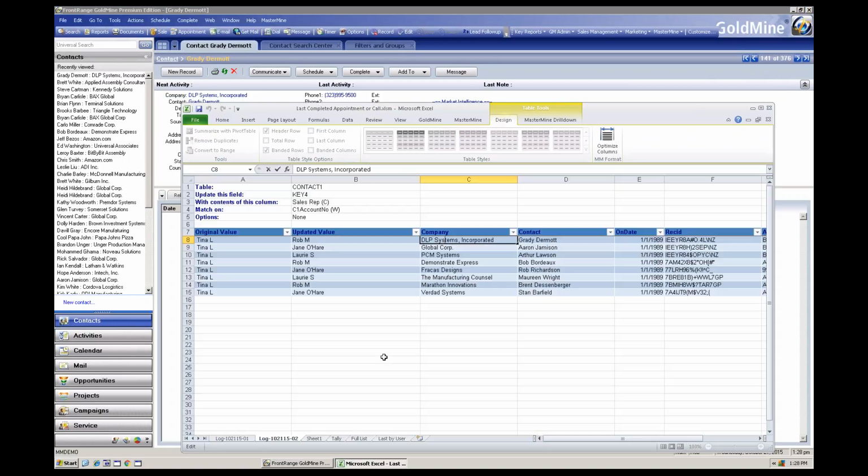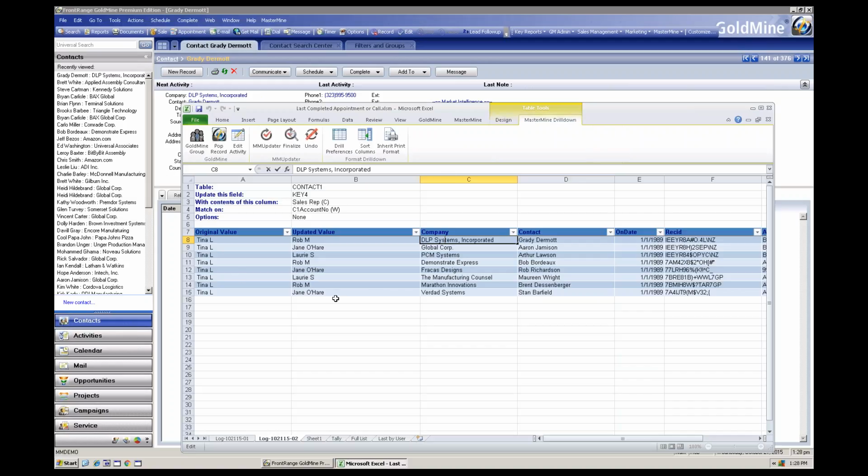Now data management, I'm just going to mention one other thing about this tool for doing the data management. Data management, of course, is a somewhat dangerous thing when you're changing thousands of records all at once. It's not a capability you necessarily want in the hands of everybody, but you definitely want it in the hands of somebody. Somebody needs to be able to actively hands-on manage your GoldMine database. Ideally, somebody internally. If you need to have your GoldMine dealer or have us do it for you, we can do it just as well, and